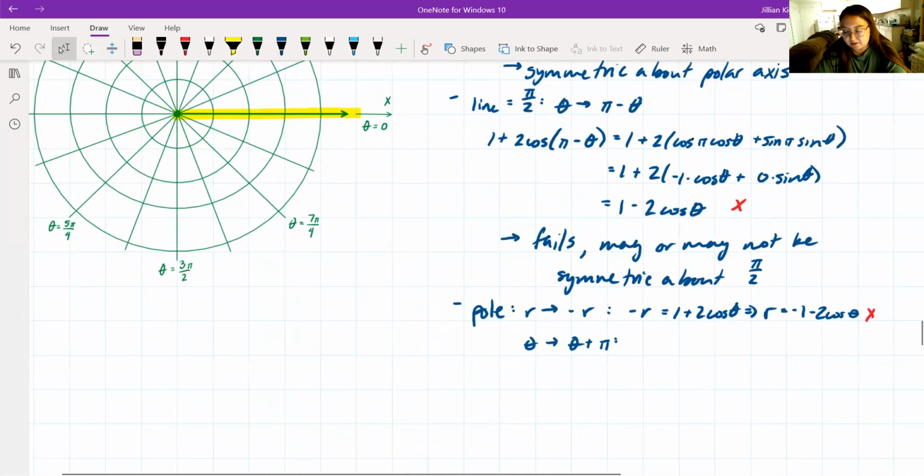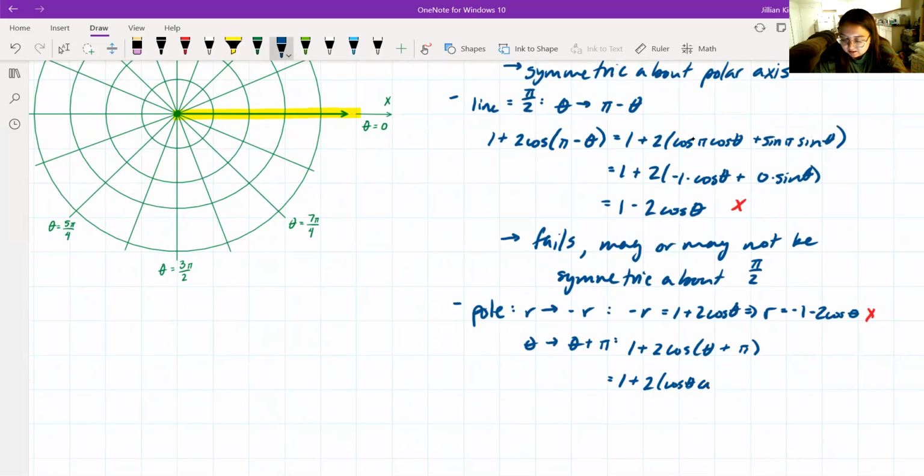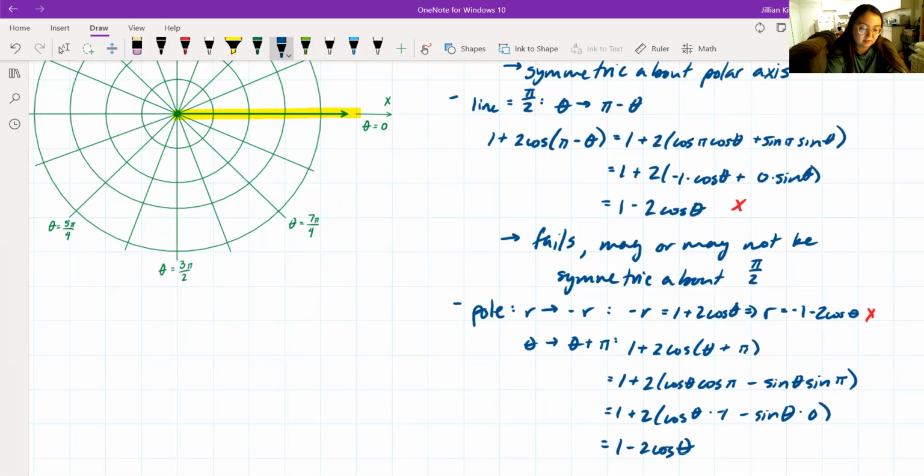Now we can also test for theta plus pi. So when we plug this in, we'll get 1 plus 2 times cosine of theta plus pi. And we end up just using the sum formula for trigonometric functions. So this ends up being 1 plus 2 times cosine of theta times cosine of pi minus sine of theta times sine of pi, which we simplify. Cosine theta times -1 minus sine of theta times 0. And this once again gives us a 1 minus 2 times cosine of theta. So this fails as well,